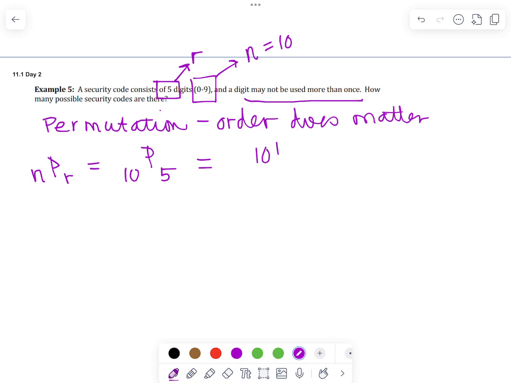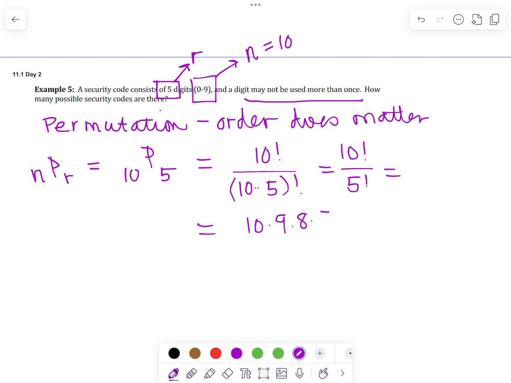So it's 10 factorial over 10 minus 5 factorial. So we have 10 factorial divided by 5 factorial. So 10, 9, 8, 7, 6, 5 factorial, I'm stopping. And then I have a 5 factorial in the denominator. So those cancel. And then we multiply. And we get